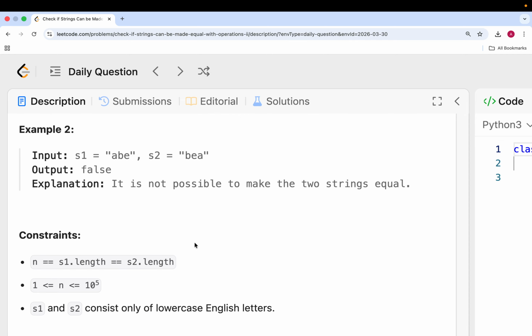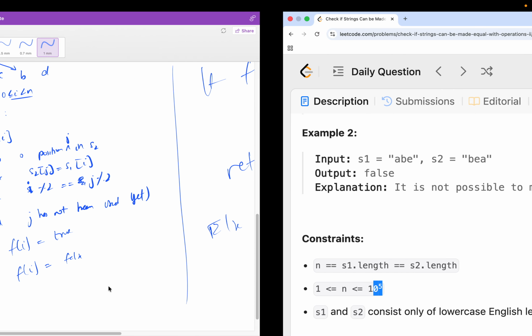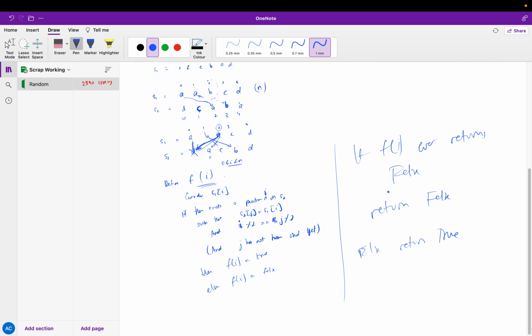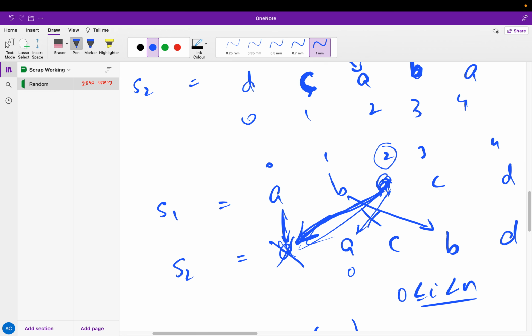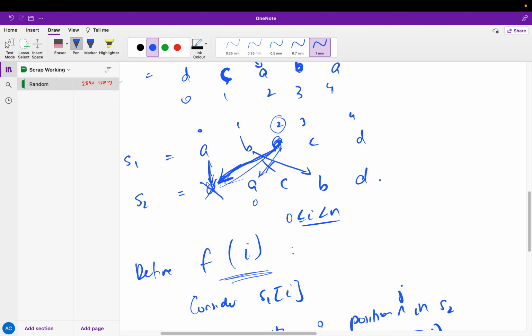One thing I forgot to check. Okay, 10 to the 5, yeah. So you want linear time basically. So we have all this, and then my thinking would basically just be maybe iterate through S2, for example, and find, okay, look, for a particular